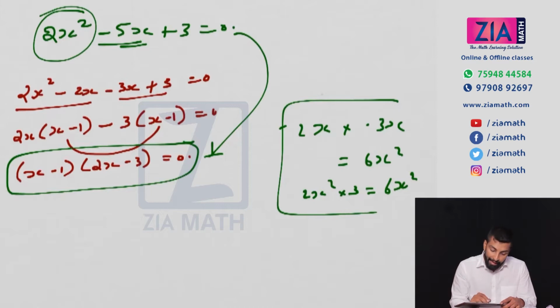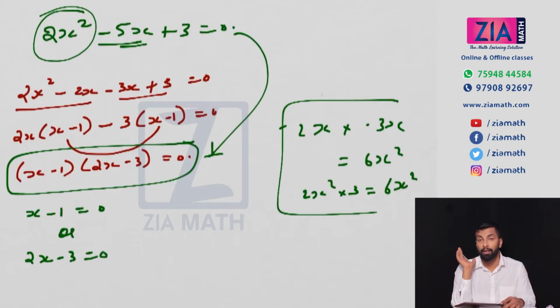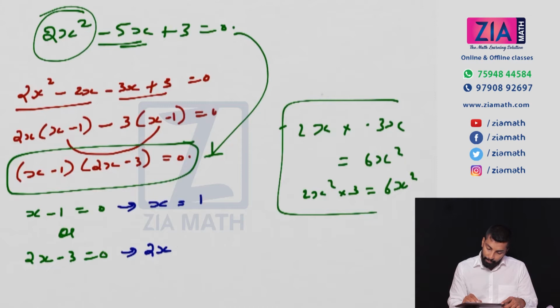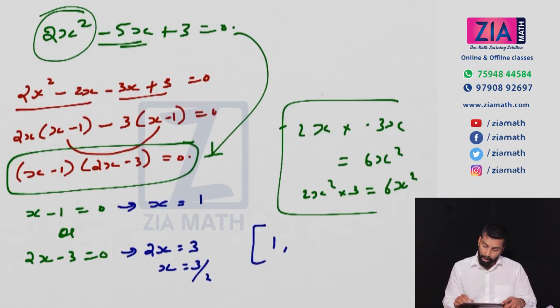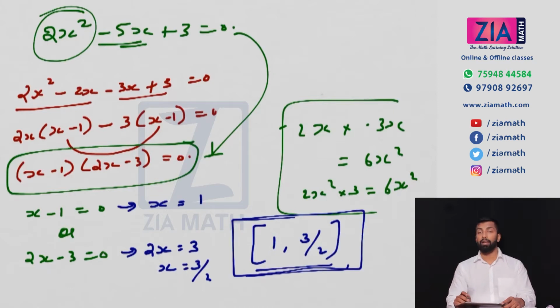What does this mean? Either x minus 1 is equal to 0 or 2x minus 3 is equal to 0. That is clear for you, right? Or both can be 0. So if x minus 1 is 0, then what is the x value? X value is 1. If 2x minus 3 is 0, how will you find the x value? 2x will be 3, x will be 3 by 2. So what are the solutions if you ask me? 1 and 3 by 2. What do you mean by this solution? These are the roots of the quadratic equation, or you can say zeros of the polynomial when we discussed polynomials,